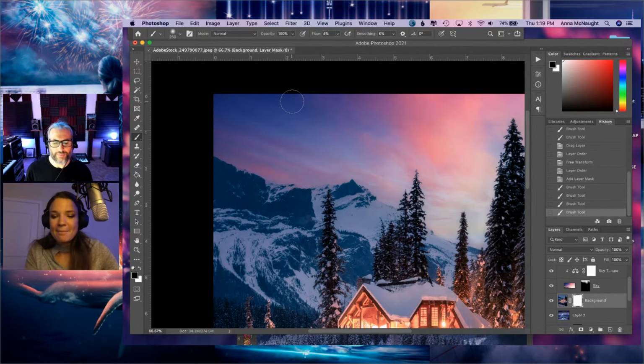And I end up using flow more than opacity because with flow, you can get to 100%, but it's happening very slowly, just as it would if you were actually painting with watercolor or acrylic paint, mainly watercolor, where you're layering it and slowly getting there, and it's just adding, or in this case, subtracting. But you're still going to work up to 100%.